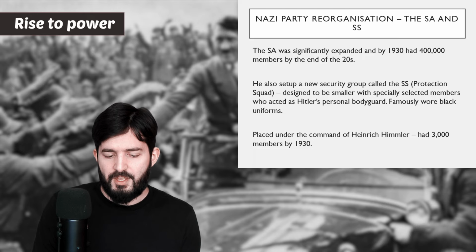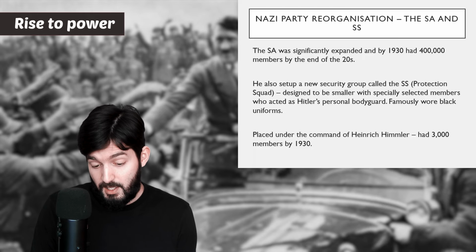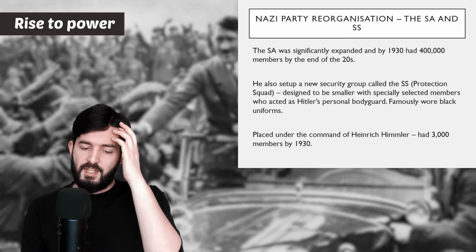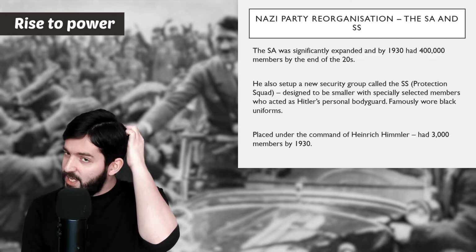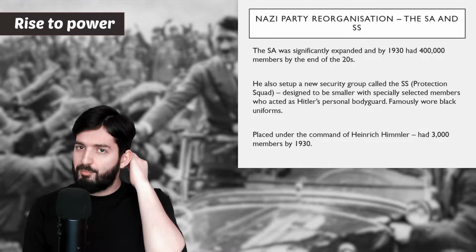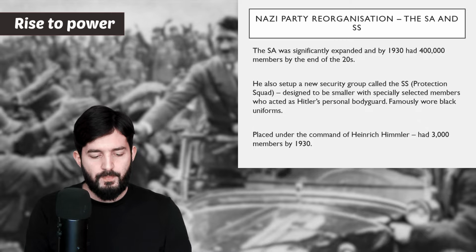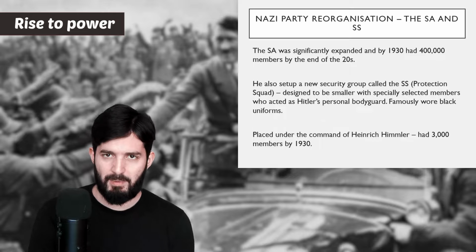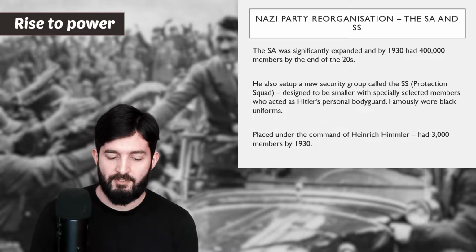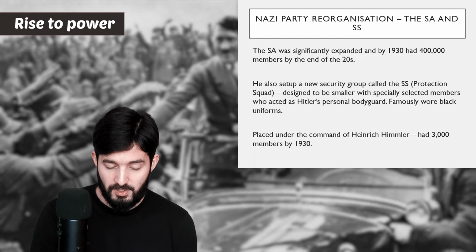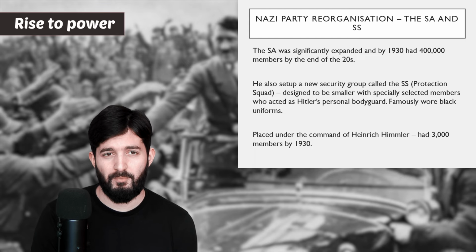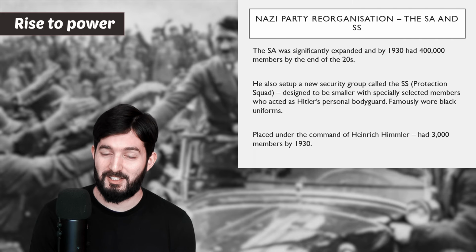In addition to that aspect of the reorganization, the Nazi party also expands significantly the SA and also creates a new sort of rival body in the party called the SS. So the first thing is, the SA has significantly expanded by 1930 to 400,000 members. Okay, so this is now a massive organization, which at one point actually has more members than the Nazis have